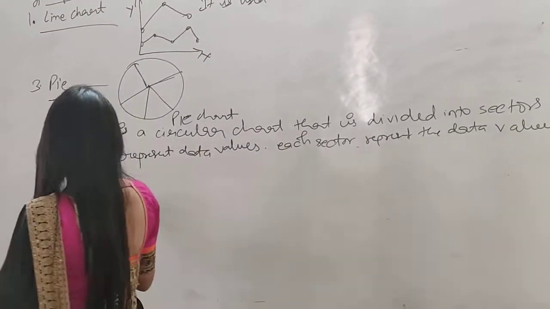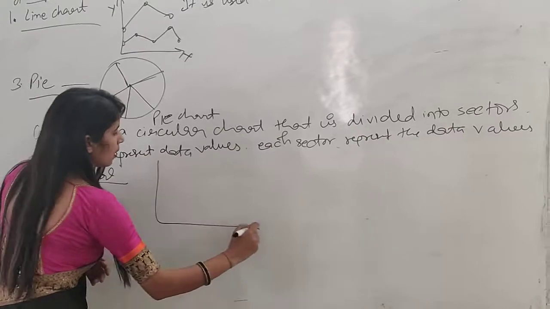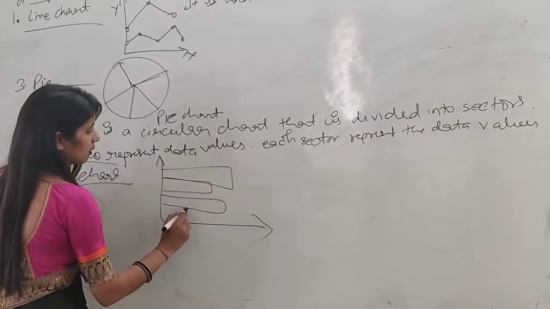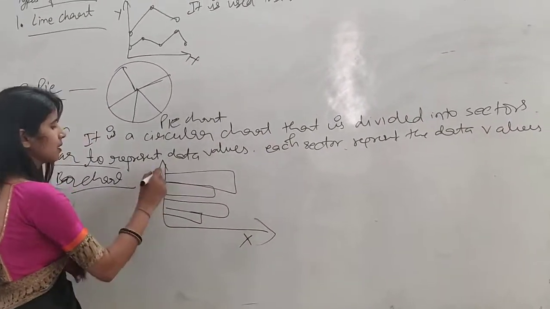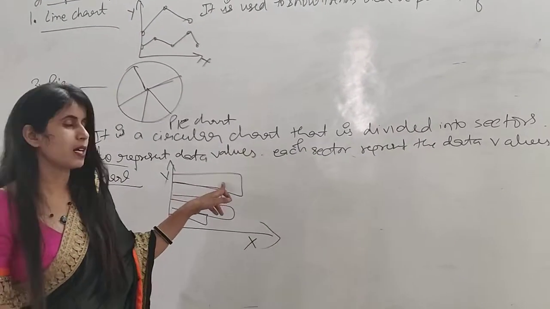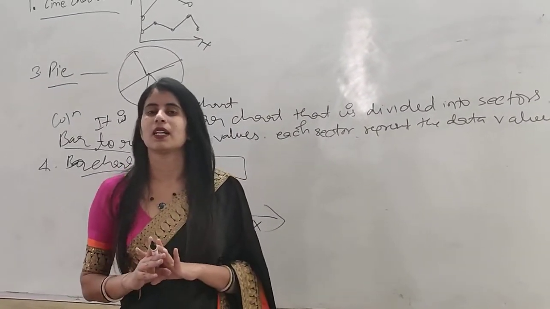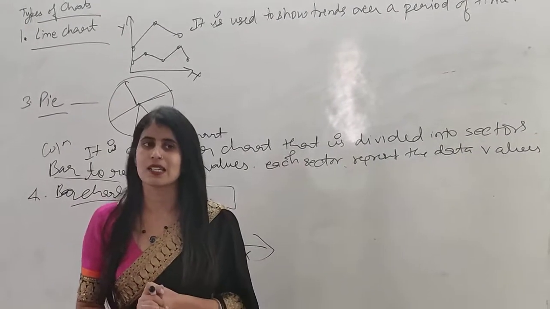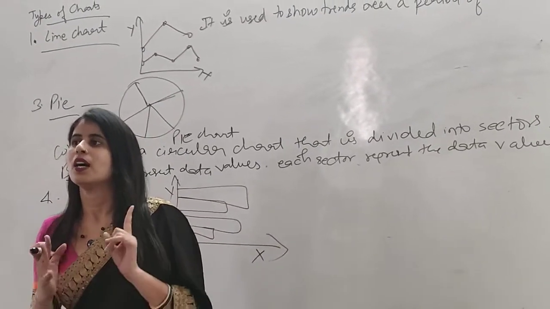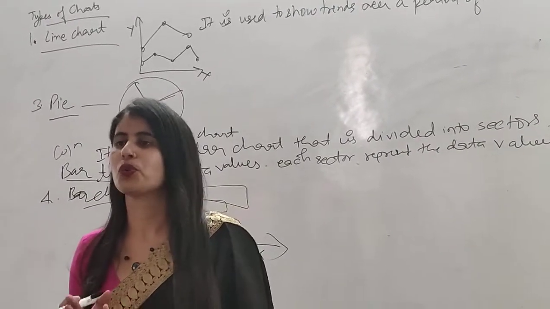Okay, so the next one is the bar chart. A bar chart looks like this. This is the x-axis, this is the y-axis. These are long rectangular bars, and these bars are used to do the comparison among individual items. Column chart is used to do comparison among different items, but the bar chart is used to do the comparison